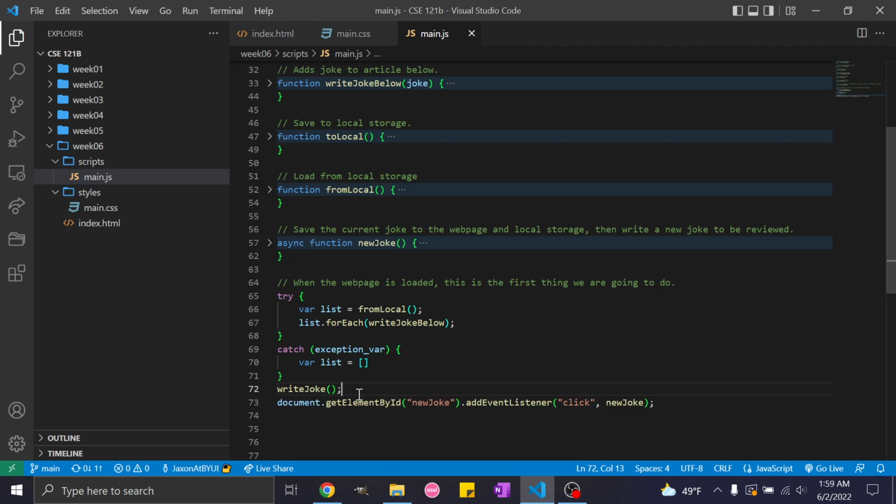Other than that, we are going to write joke, which is the function I'll show in a second that gets the new joke. It gets it from the API and writes it down for the user to view. So we get that initial joke up at the top of the screen, and then we add an event listener